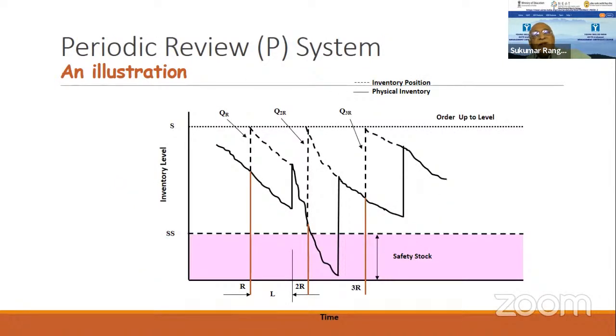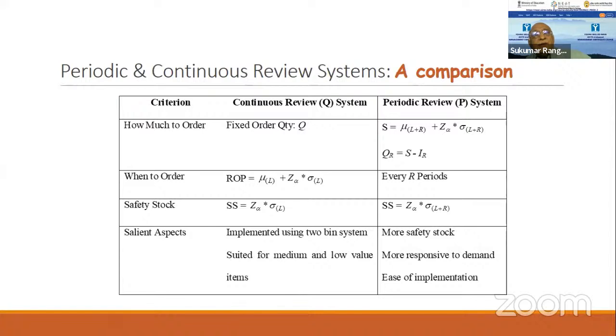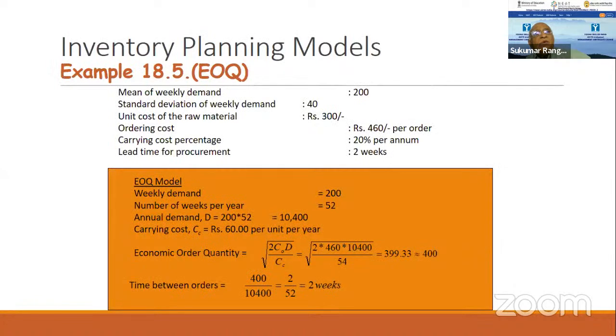This is a different system called the P system, in which you work... comparison between the Q and P systems. Anyway, I'll just not go deep into it. You can go through, and if you need, I can give you